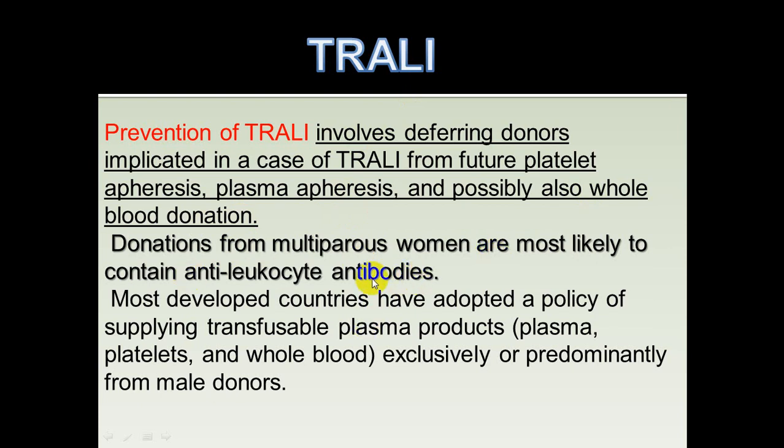They noticed that the most common problem comes from blood donors who are multiparous women. So the European and American guidelines avoid blood donation from multiparous women because of the high risk of TRALI